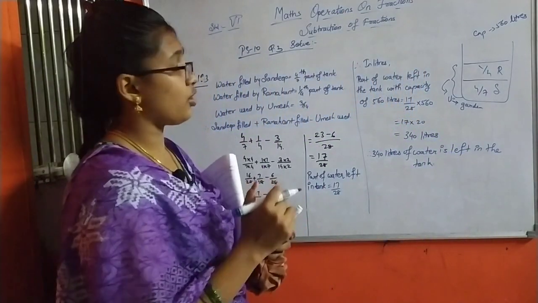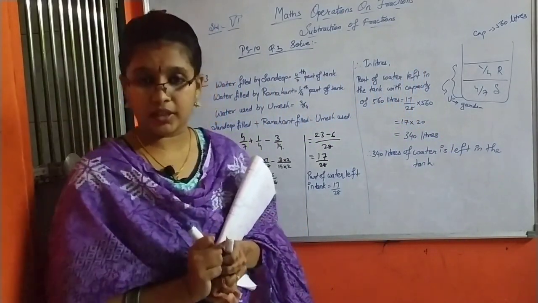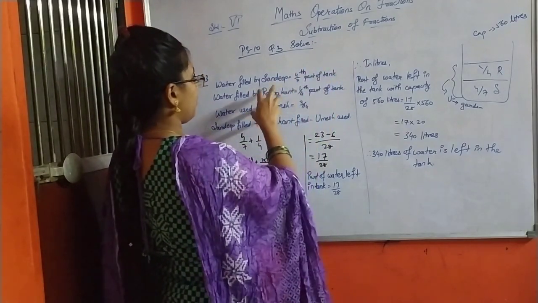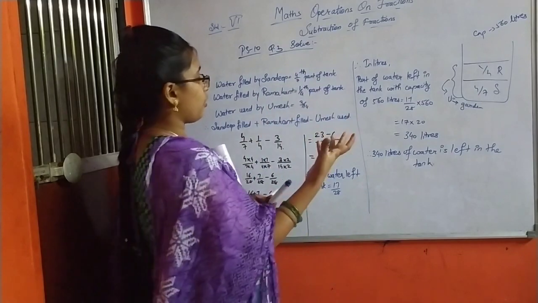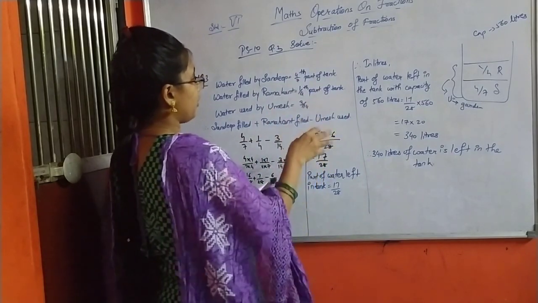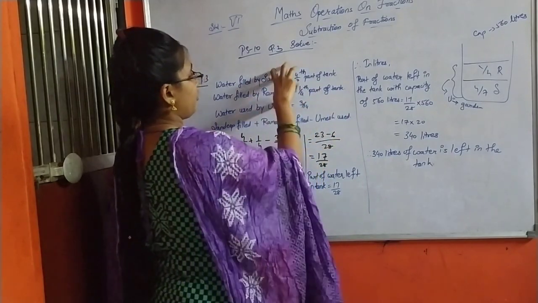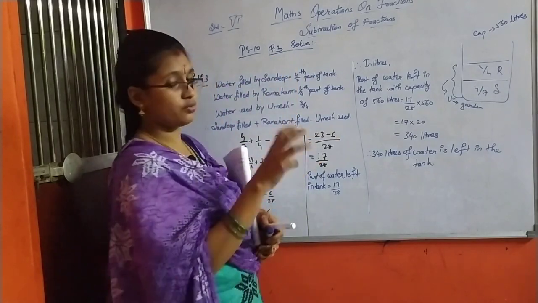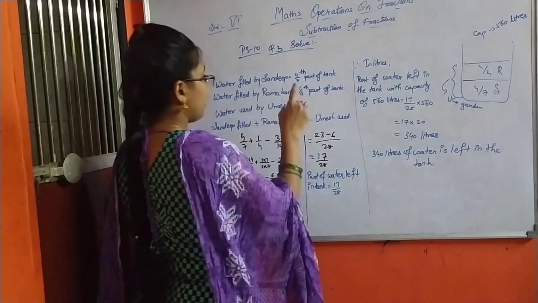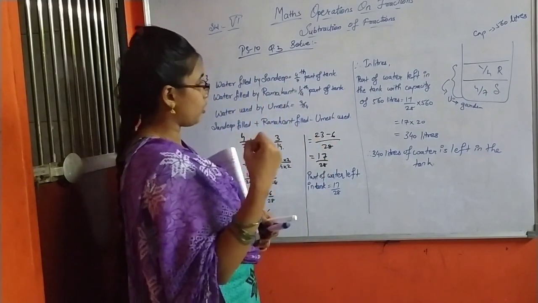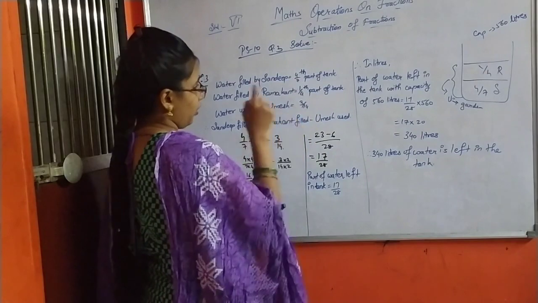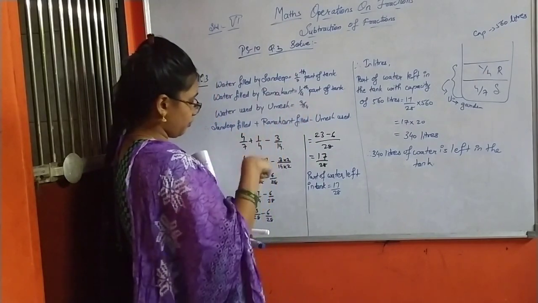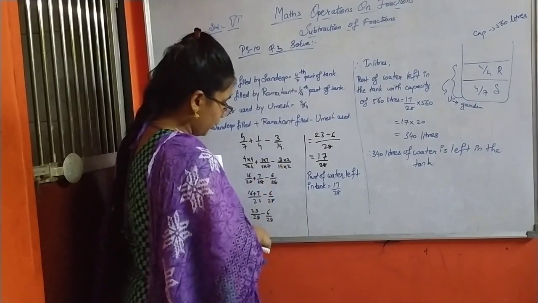So this was the solution of the third question. Once again I am saying, some part of the tank was filled with water by Sandeep, some part of the tank was filled with water by Ramakant. Now we have to add this, the water filled by both, to get the actual proportion of water filled in fraction form. And Umesh has used some water after they filled, that is 3 upon 14 part of the tank. So when we add it and get the answer, subtract Umesh's fraction with a common denominator.